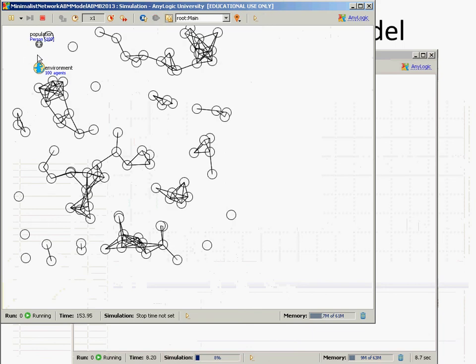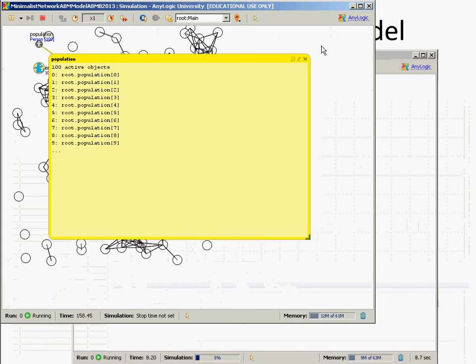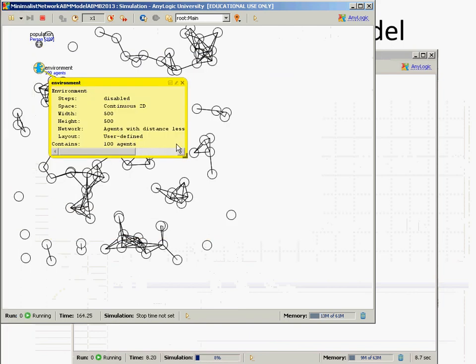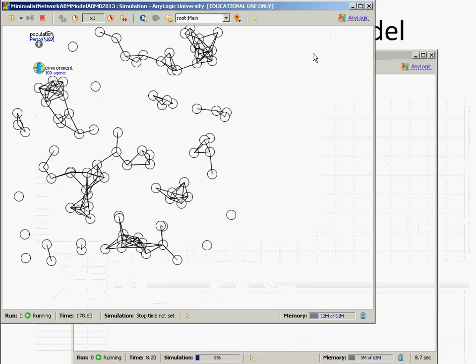If I just click once, it tells me the names of the population members and how many people are there. This is a nice thing: the environment tells you its characteristics, for example how big it is, how many agents are in it, and what the network type is. In this case, it says networks with distance less than 50 are connected. Okay, so ladies and gentlemen,